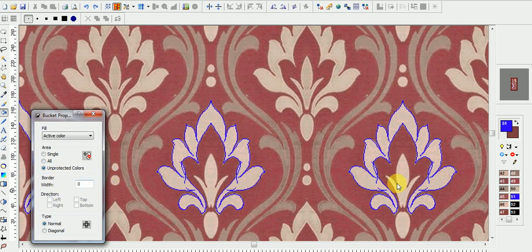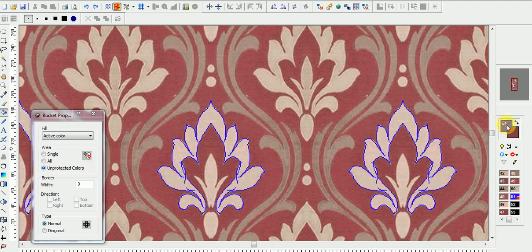Okay, what should be protected? This color which I edited, this blue color has to be protected. How can we protect this? By pressing the shift key with the mouse you can get this color red. This means this color is protected. And in this bucket option we can see unprotected colors.